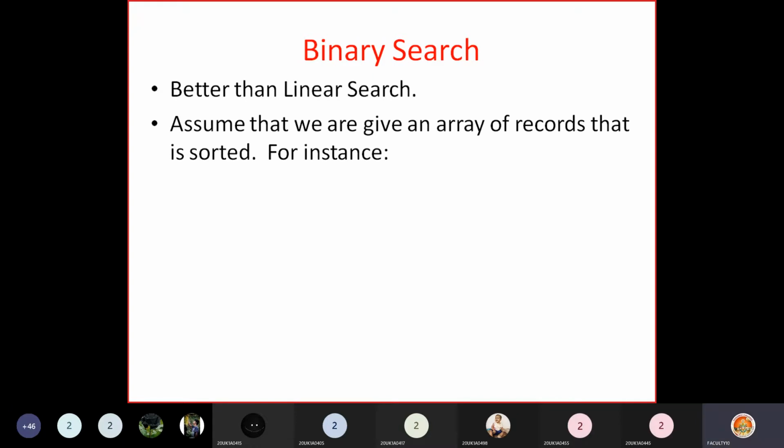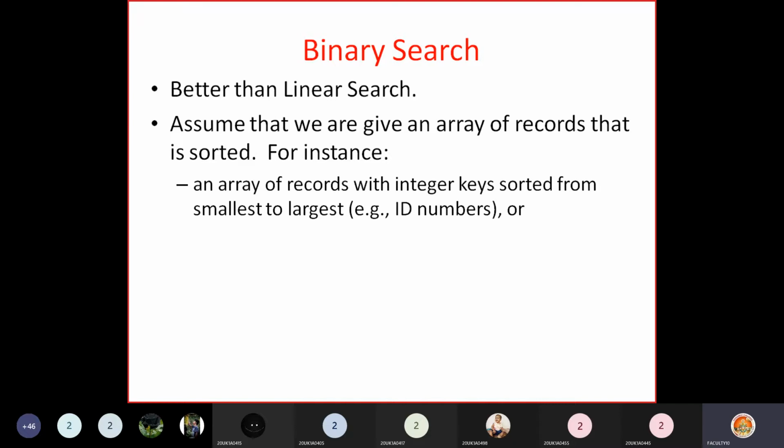Assume that we are given an array of records that is sorted. That means for binary search, the list should be in sorted order. For example, an array of records with integer keys sorted from smallest to largest, such as ID numbers. These integer keys must be sorted in order.